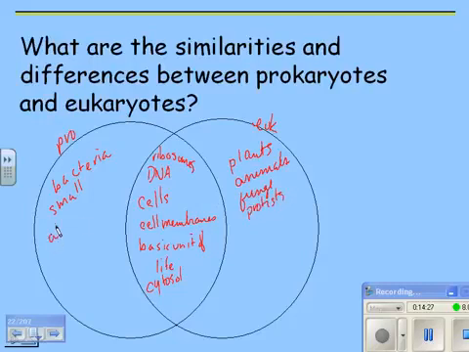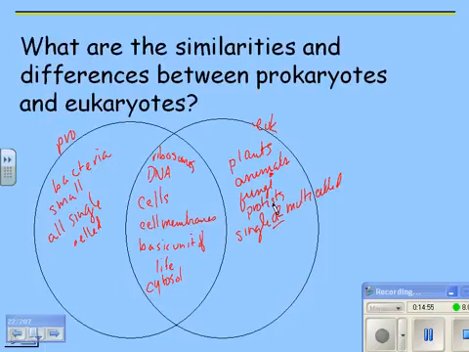Bacteria are all single-celled. Eukaryotes can either be single or multi-celled. So plants are multi-celled, animals are multi-celled, fungi, except for yeast, are multi-celled, and protists are all single-celled except for some exceptions